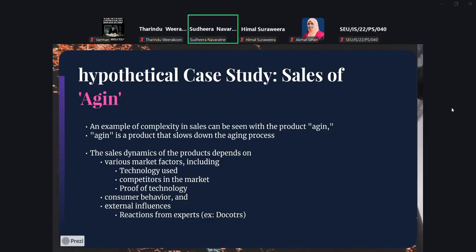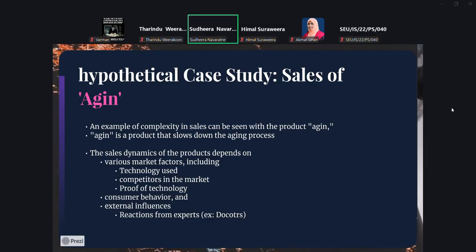So this case is very simple. Selling a certain product in the market, but if you really look at the components involved in this process, there are a lot of components, and all these things are interrelated. So there are interactions between these components.